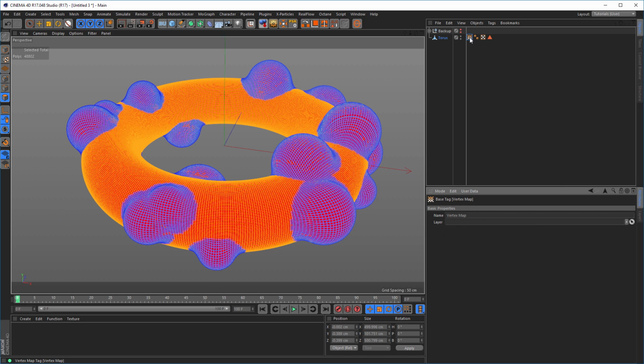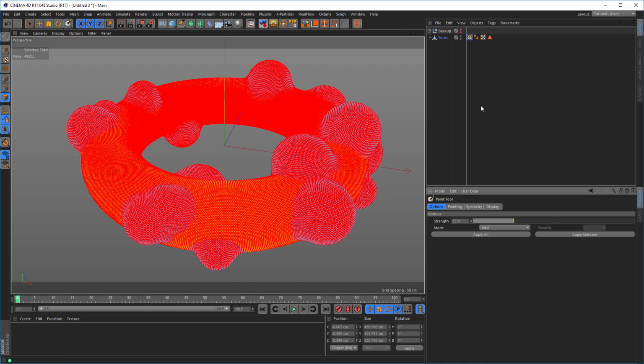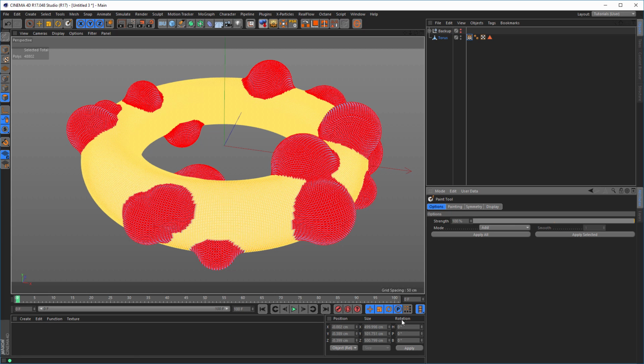And now double click this vertex map here, this tag, and go to painting. Oh no, don't need painting. Go to strength, then add is okay, and apply selected. You see now we just select our torus, but we have hard edges here, so here we can go to